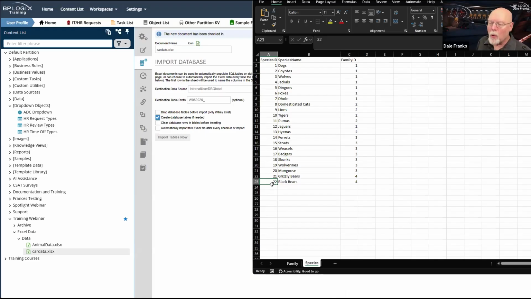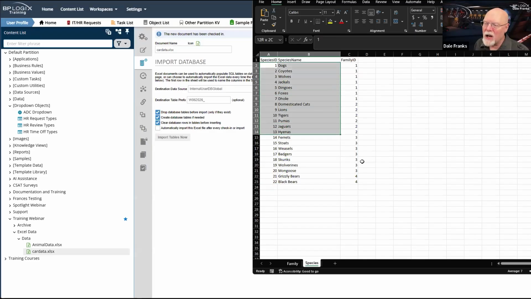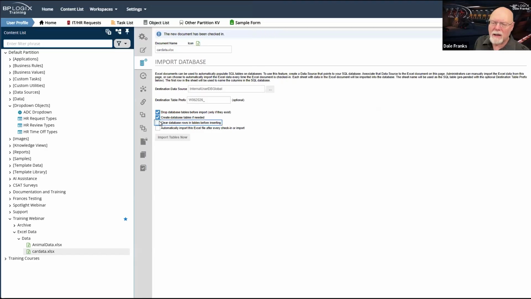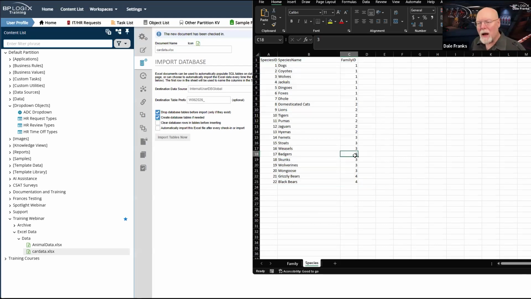I think most people would just go ahead and add a new record here, and they would just say, either clear or drop the database tables before inserting. And if this data has not changed, then I really don't care that I'm repeating the data. And as long as I'm not pulling in thousands and thousands of records off of Excel, I don't think we have to really worry about performance or anything like that. So either one of these will work. I generally go with drop database tables and I kill everything and just reconstitute it with my existing data. Now, there is one thing that you have to be careful with, though.